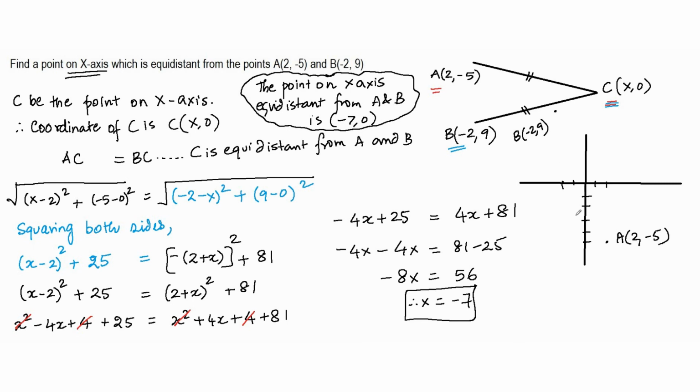Now the point which is equidistant on the x-axis from these 2 points. So this is the first point. Let me label it with a red color. This point and this point. The point on x-axis which is equidistant from these 2 points happens to be the point minus 7 comma 0, right? And this particular point lies on the x-axis. So if I extend, this particular point is going to be negative 7 comma 0. So this is the relevance of this particular problem, the geometrical representation of this problem. And again, let me pause for a minute while you take a look at the solution, and then we shall continue.